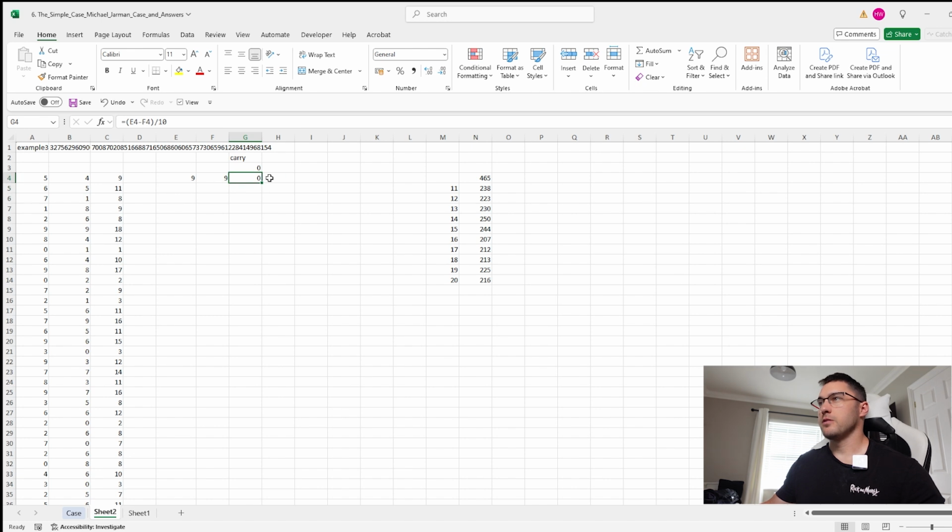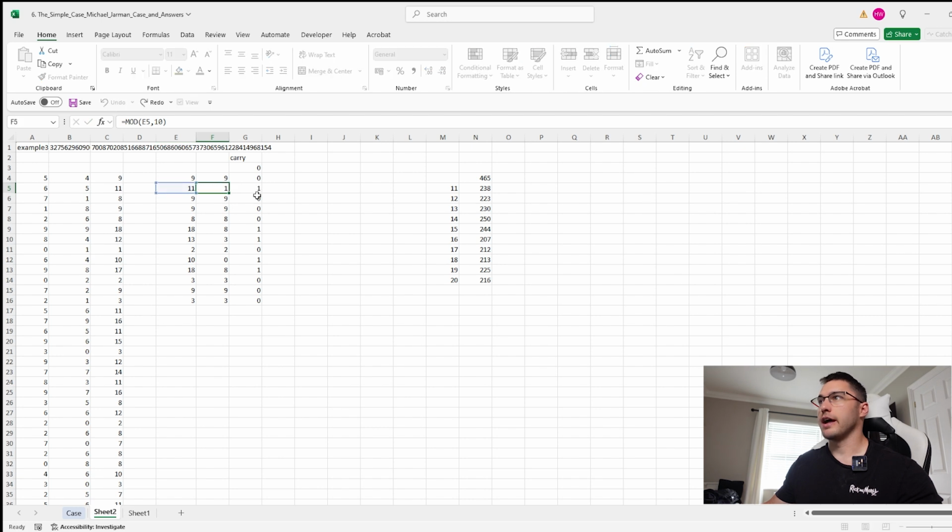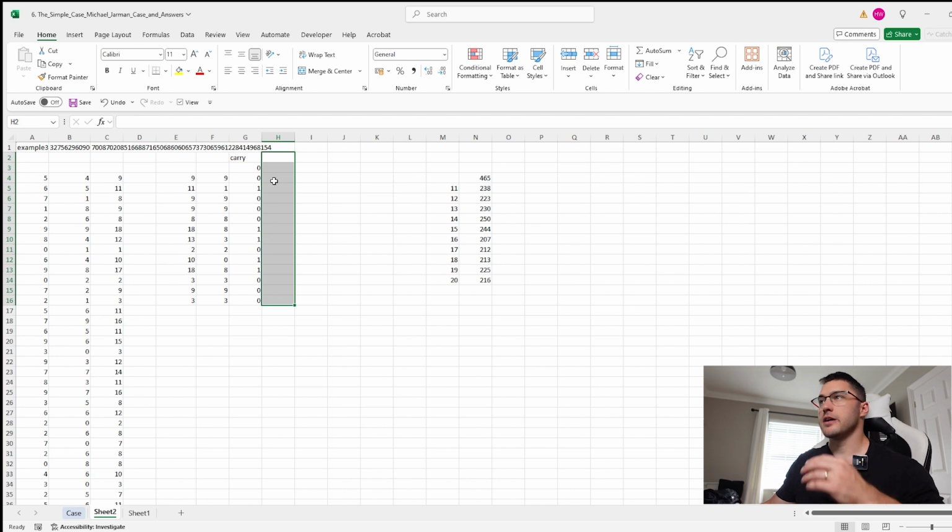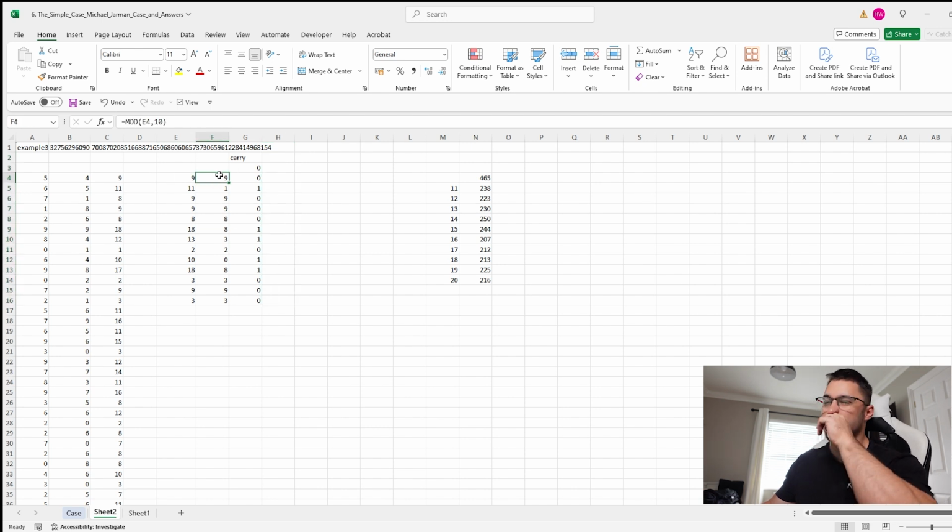So we're carrying 0, and then on the next one we have an 11, so we are carrying 1 and our digit is 1. Then the next thing is going to be a 9 because we had an 8 but we carried a 1, so this is the ones, tens, hundreds, thousands, tens of thousands, and so on. Then we want to build up what our actual answer is here. So this 9 is the units position, so this is going to go on the end. So what we want to have is the